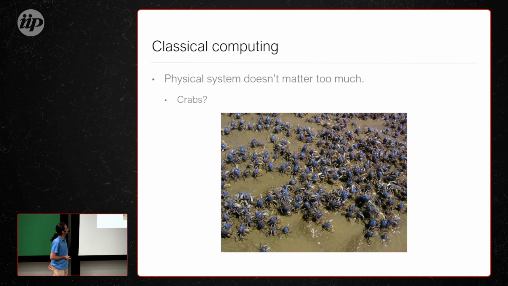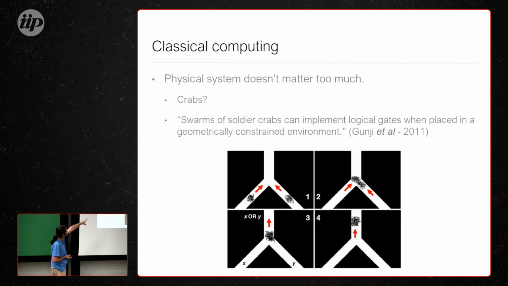What do crabs have to do with it? In 2011, a group in Japan showed that you have these soldier crabs, and they move in swarms, these clusters, and when two clusters meet, the way that they interact processes information, acts like a logical gate. So you could, in principle, construct a classical computer out of millions of swarms of tiny soldier crabs. And they did this experimentally, in what seems like a very good use of public funding. So, super exotic. You wouldn't do that. But again, the point here is that the physical system doesn't matter if you want to define what a classical computer is.